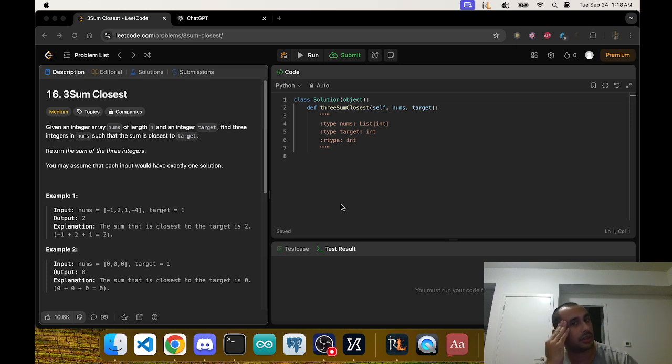You could do this with the triple for loop like we did in the other question, but it's probably going to take too long to compile, or whatever. The runtime is going to take forever. So what I'm going to do is if left is less than right, so we want to see where it crosses, then it goes to that next, then it crosses, then it goes to that next, then it crosses. So basically if